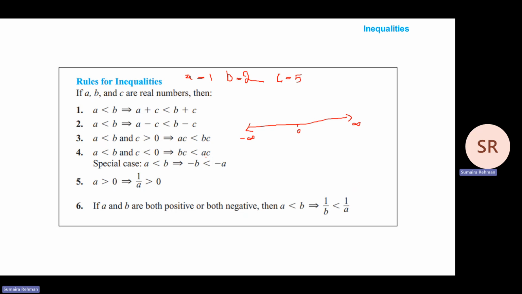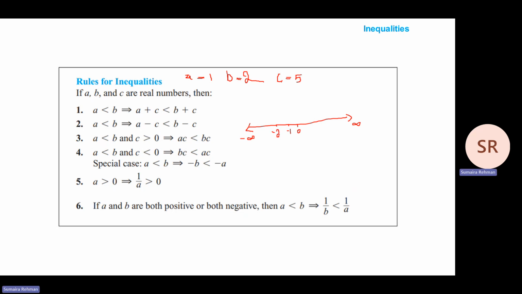So we write this: bc is strictly less than ac, because -2 is less than -1, as we can see over here, that here we have -1, here we have negative